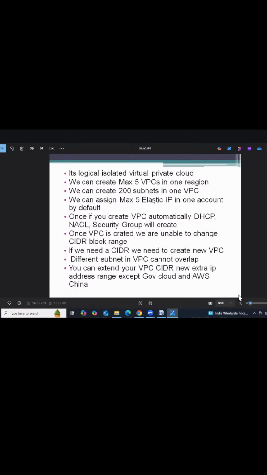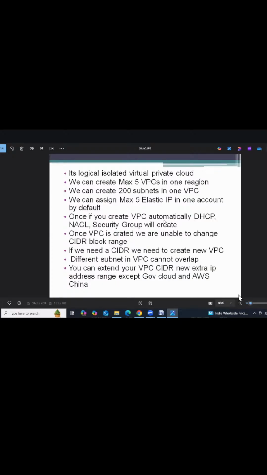I'll do one thing. For the NACL, we have a main gate, right? In this building, we have a main gate, and there will be an admin. That guy is the NACL to enter into this building. If you need to enter the first floor classroom, we have one more guy in front of the classroom door. That guy is the SG, security group. Got it, guys? I hope you're clear.